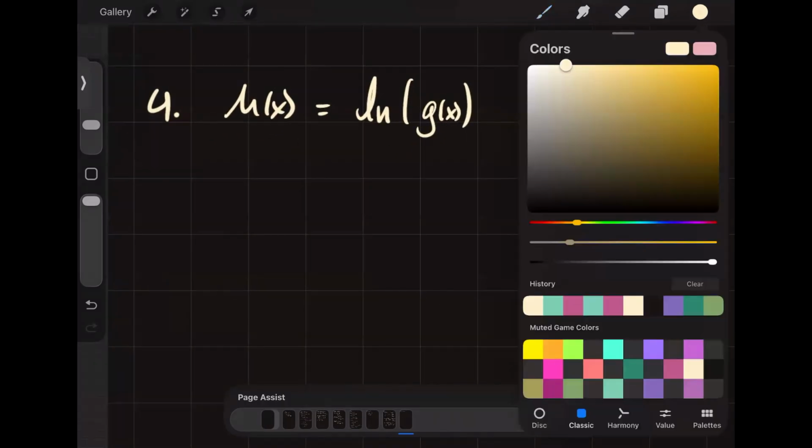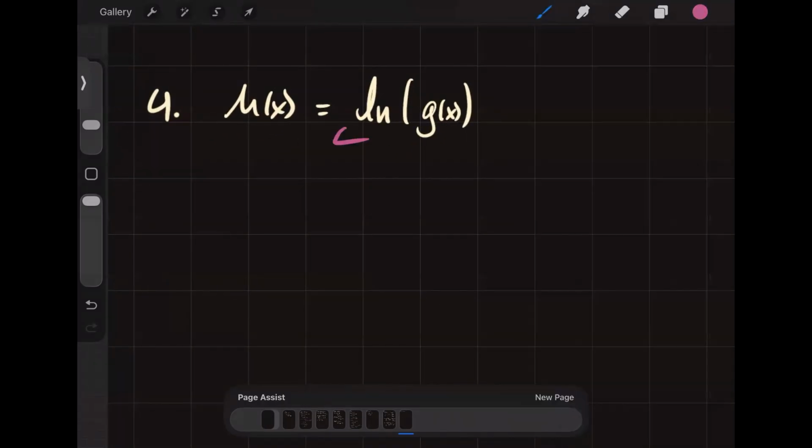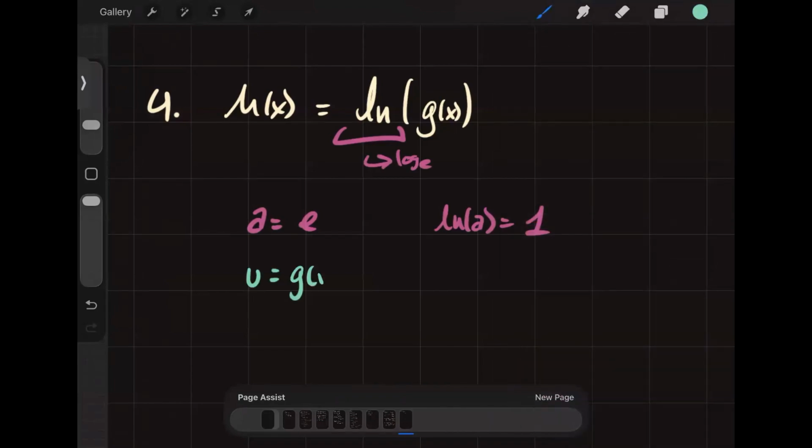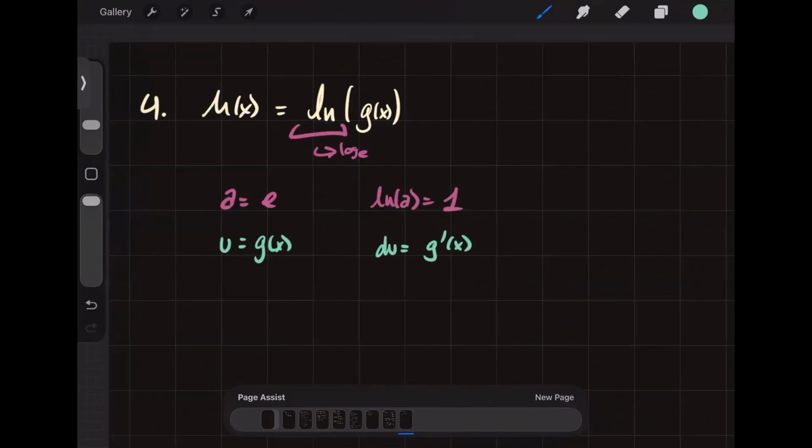What this is secretly telling us is this is log base e. So you know a is equal to e, ln a is equal to 1. Your u is going to be g of x. Your du is going to be g prime of x, which means when you put it all together,